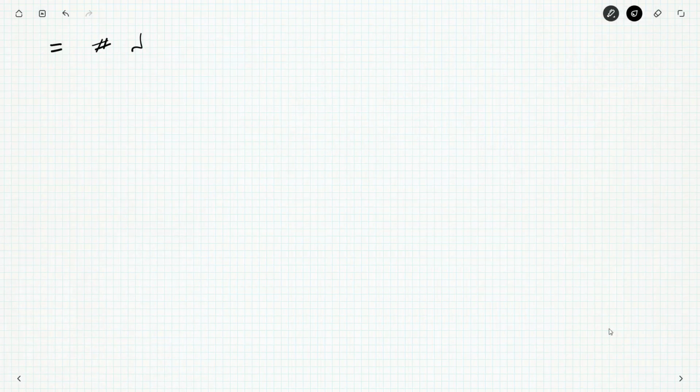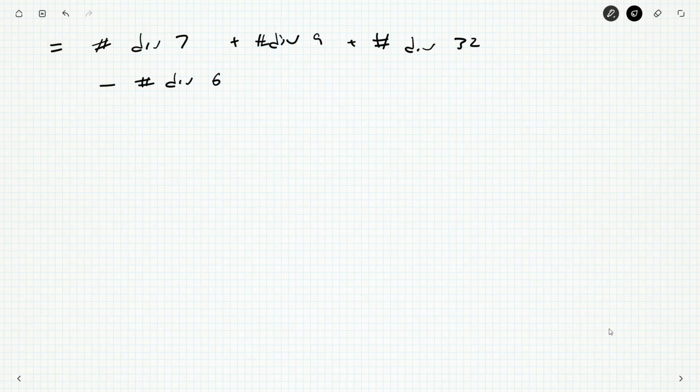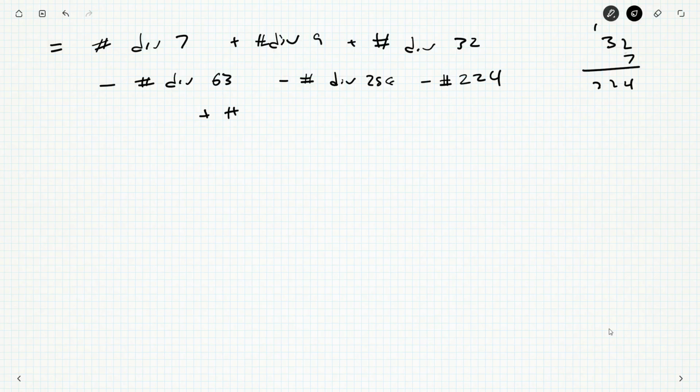So the number divisible by 7 plus number divisible by 9 plus number divisible by 32 minus the number divisible by, well, 7 and 9 together, 63, minus the number divisible by 9 and 32, which is, because I can't use a calculator, 288, minus the number divisible by 7 and 32, so 7 here, so 4, 1, 22, so minus the number divisible by 224,